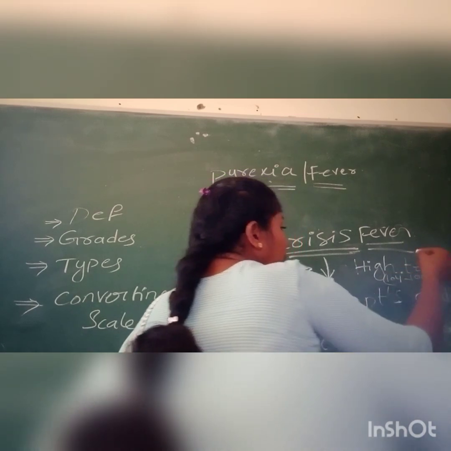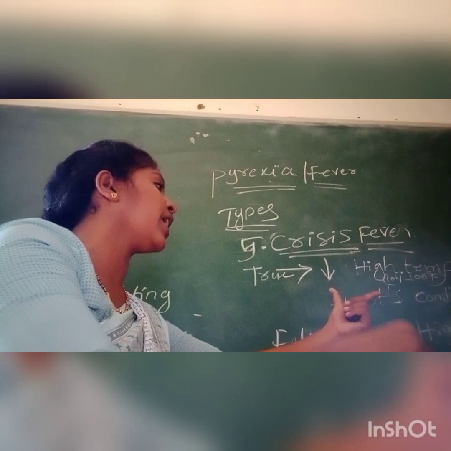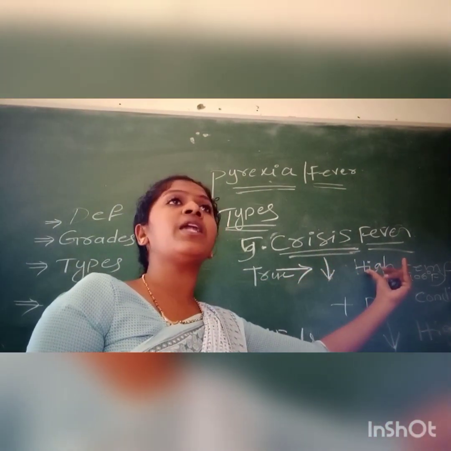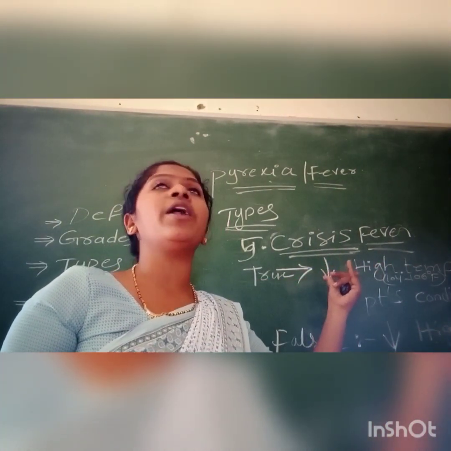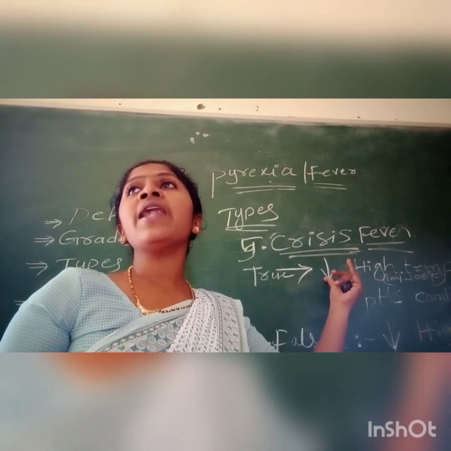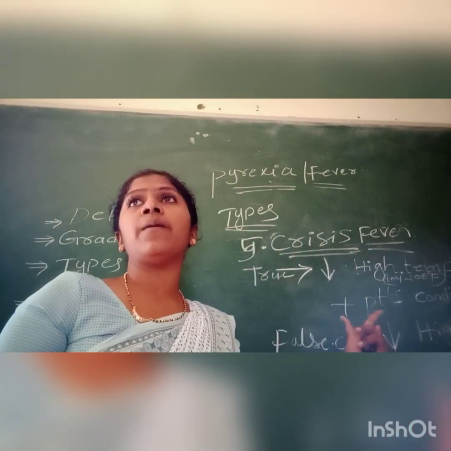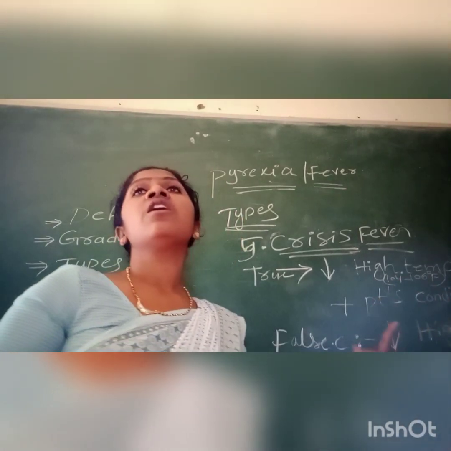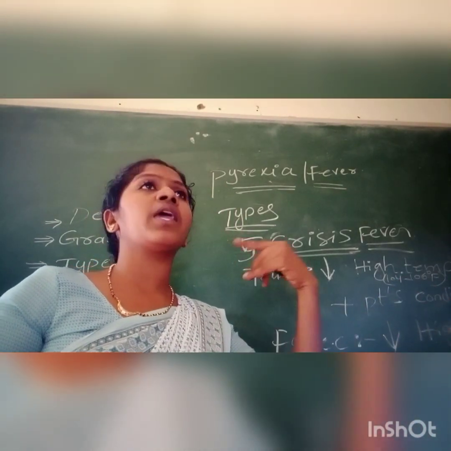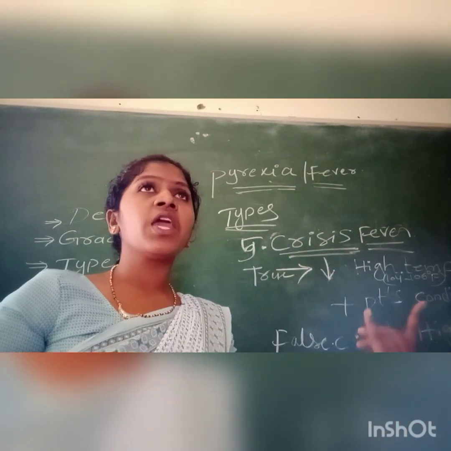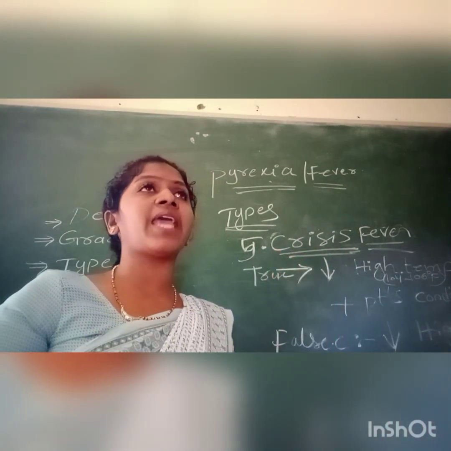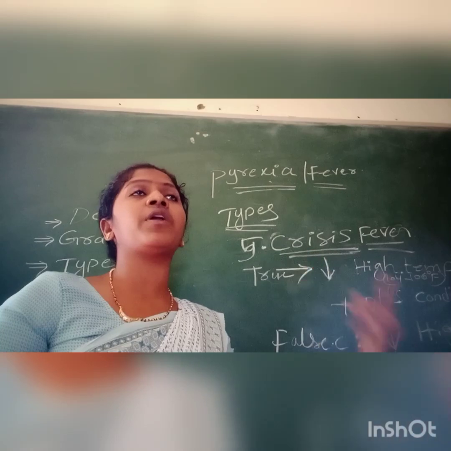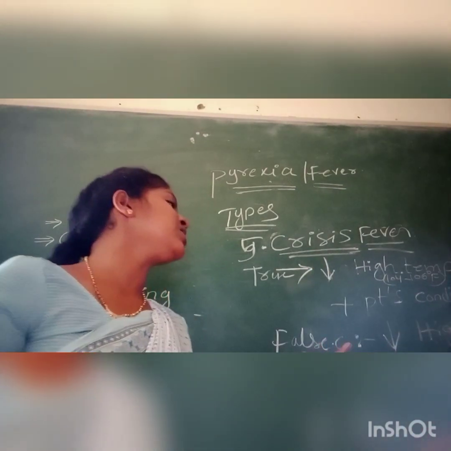So if the body temperature falls suddenly from very high to the normal body temperature, along with the patient's condition improvement, the patient starts feeling okay, he has energy instead of fatigue. Whereas in false crisis fever,